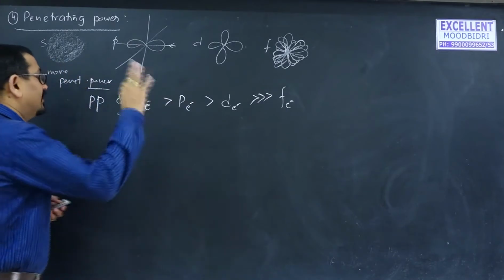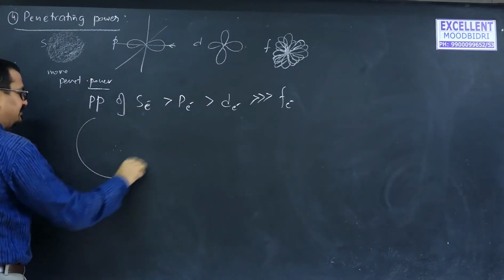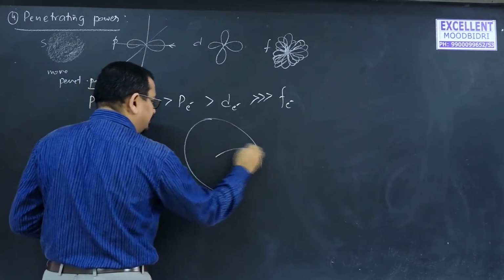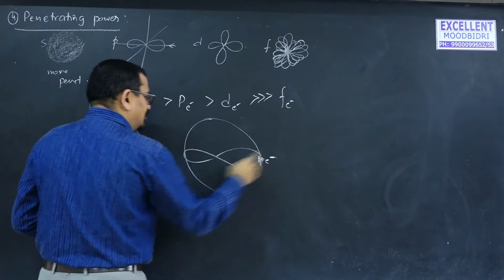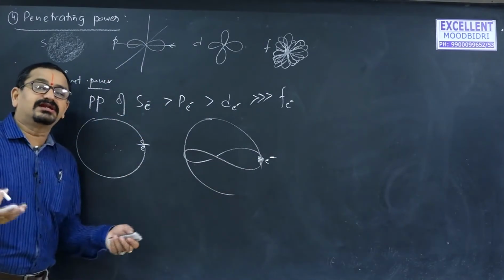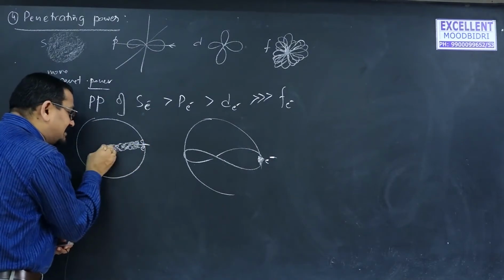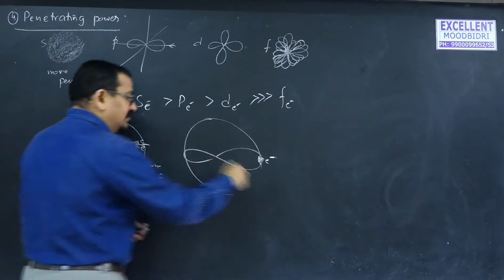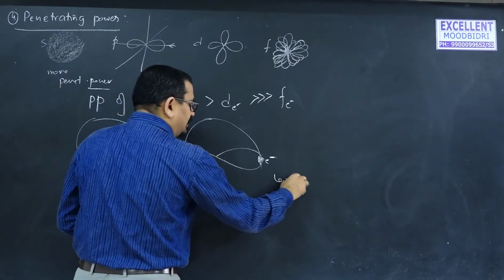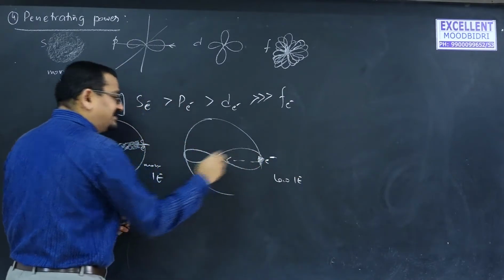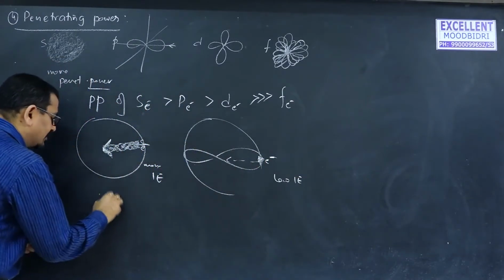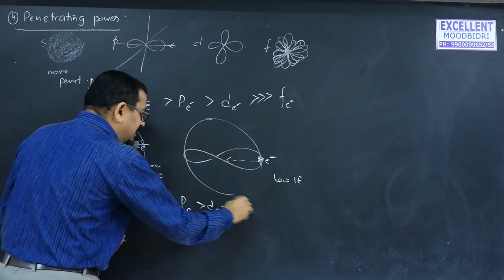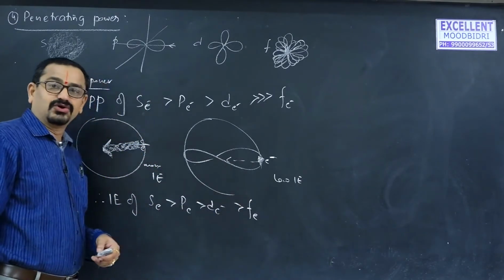Yes or no? Now, suppose an atom has an electron in an s orbital, and another atom has an electron in a p orbital. Among these two electrons, which requires more energy for removal? The s electron, as it is more penetrated towards the nucleus, needs more ionization enthalpy for removal than a p electron, which has low ionization enthalpy because it is relatively less penetrated towards the nucleus. Therefore, the ionization enthalpy of an s electron is greater than p, greater than d, greater than f.